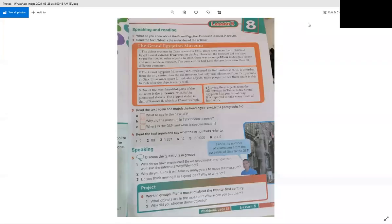Now we're going to read about the Grand Egyptian Museum. The oldest museum in Cairo opened in 1835. There were more than 160,000 of Egypt's most valuable treasures on display. Treasures, very valuable and expensive things. The museum did not have space